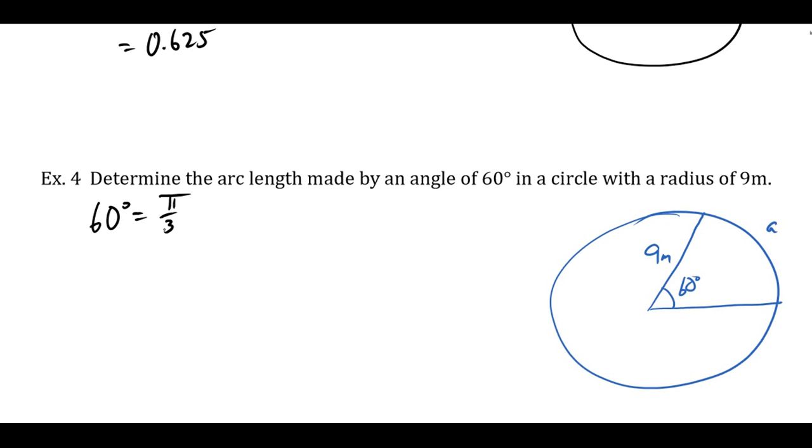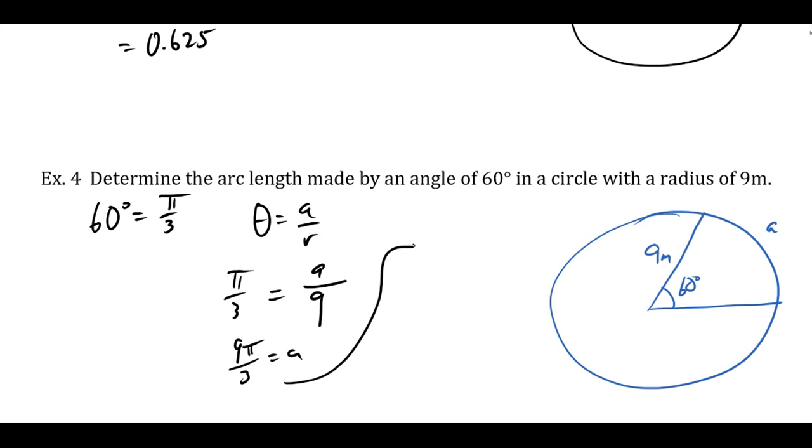Remember, 180 divided by 3 is 60, same thing. Pi by 3 equals A over 9. Multiply both sides by 9, and I get 9 pi over 3 equals A. And A equals 3 pi,